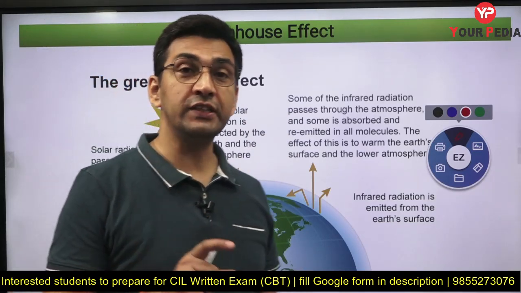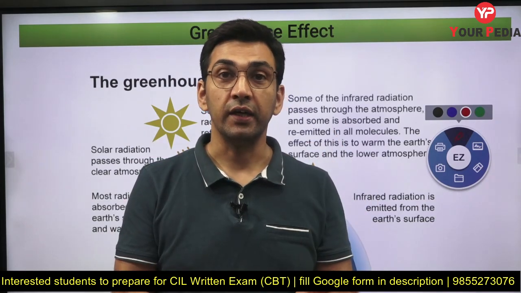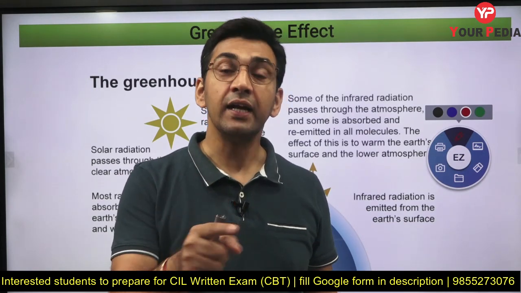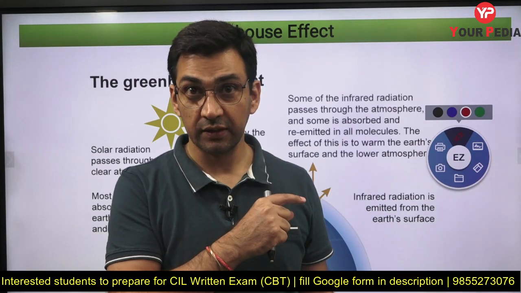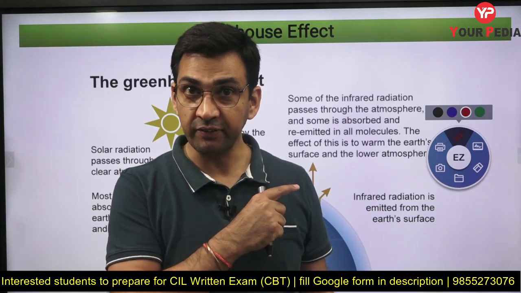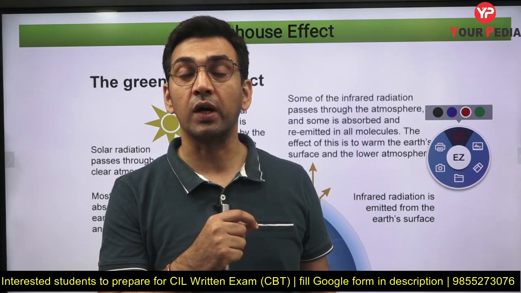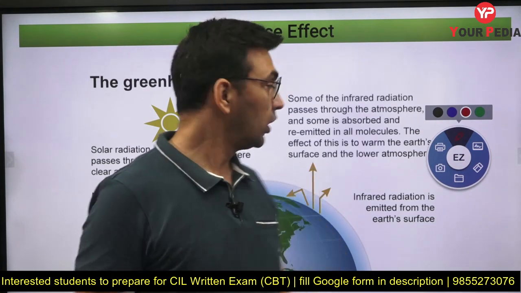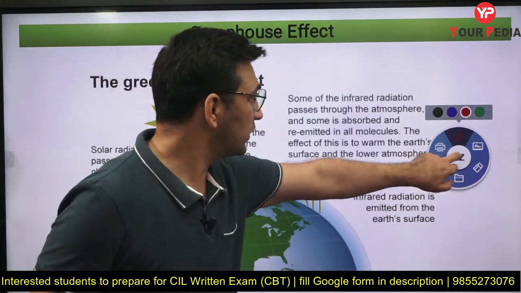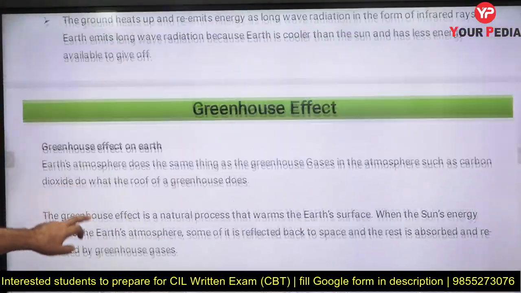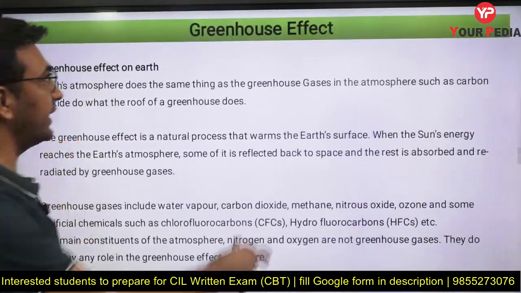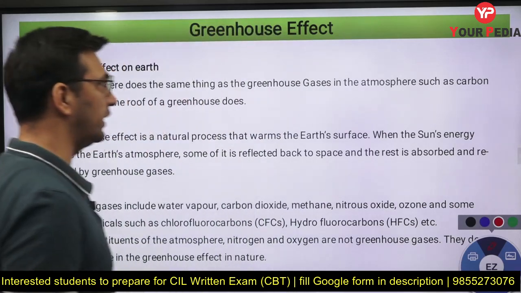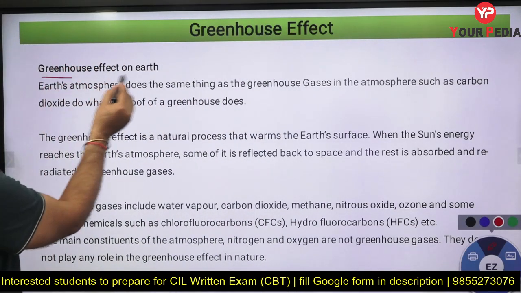Now many of these gases surrounding the Earth, not all, behave in a similar way to the window pane or the glass. How did that behave? Allowing shorter wavelength radiations to come inside and blocking the longer wave, infrared radiations. So if that is the case, what is going to happen on the surface of the Earth? You will say it is going to create the same situation as inside that greenhouse. Now see the effect that I explained to you, I even gave you sufficient hint: greenhouse effect on the Earth.